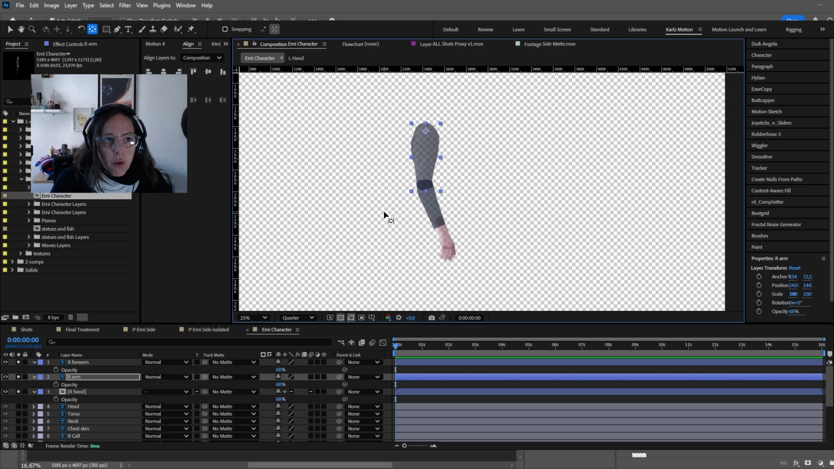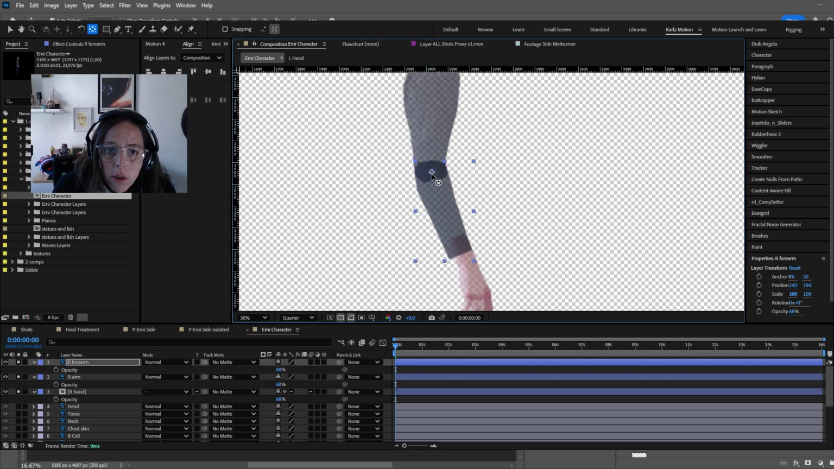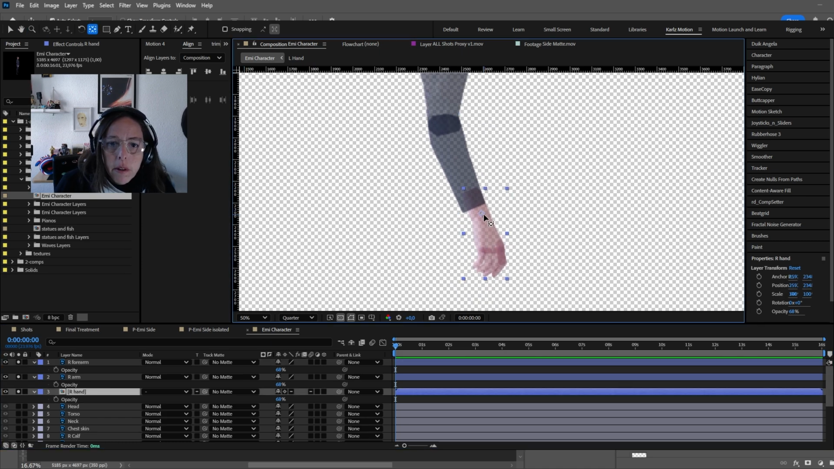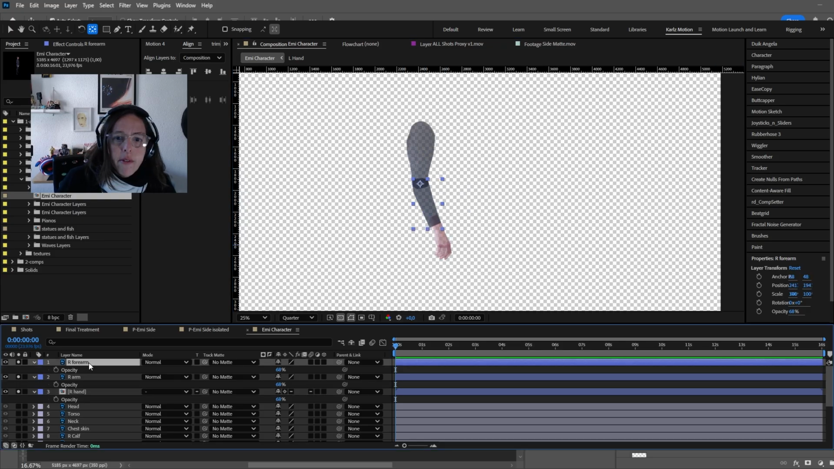this is shortcut Y, which is this icon right here. If you do it like this, Y, you change it, and then it lets you change the anchor point. Also very important, learn your shortcuts. The forearm should be like this, and the hand right around here. Right. So now that we have them, what we do